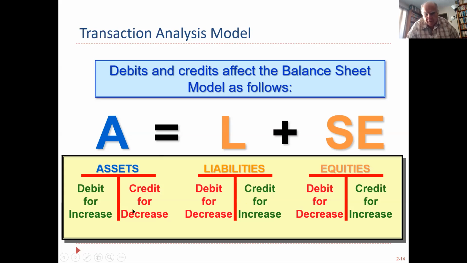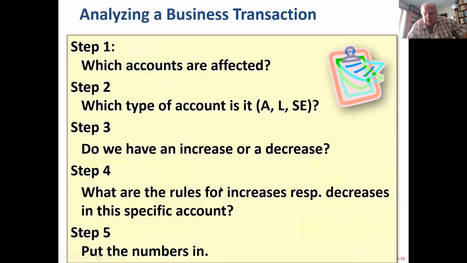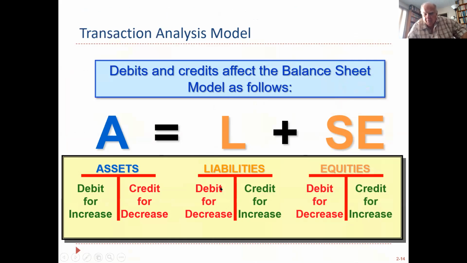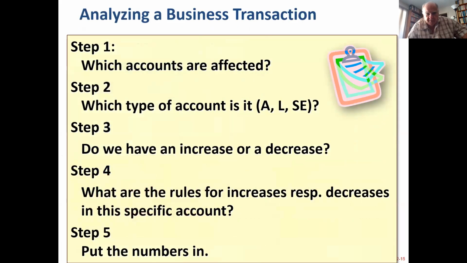You're going to struggle a little bit. Those of you who didn't take 110 at least, you are going to have to just learn these rules. Assets have a debit balance. Therefore, liabilities and equity have to have a credit balance. Otherwise, this thing would not equal itself. Assets increase on the debit side, liabilities and equity on the credit side.